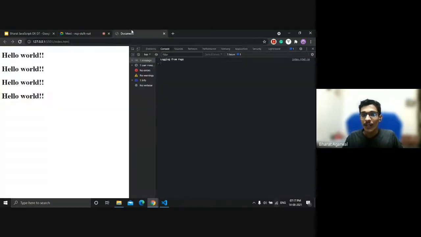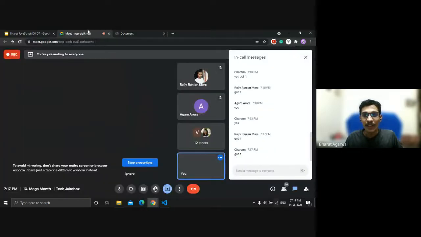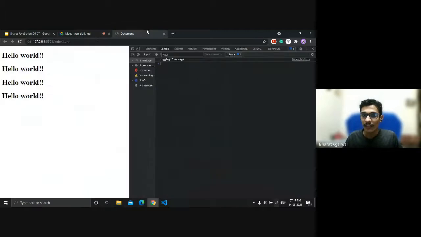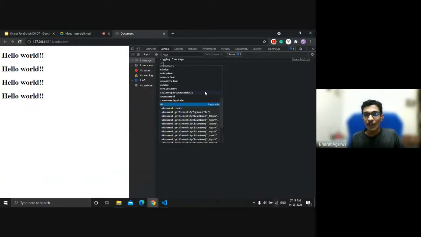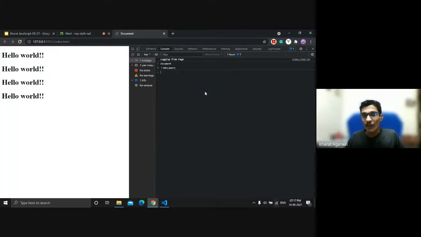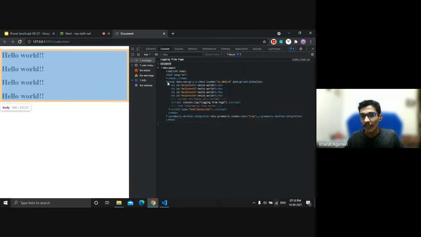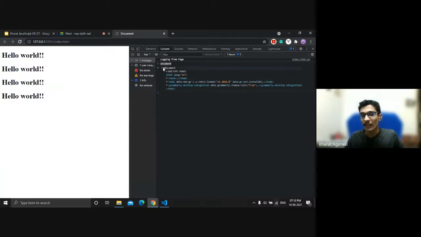Cool. So I hope the document object model is a bit clear, how it looks like and what it is. As I mentioned, what is document? If I type document over here, you see I got this one, and if I keep unwrapping it, it will give the same result as I have in the inspect element tab.